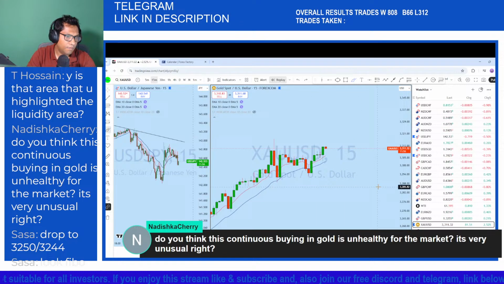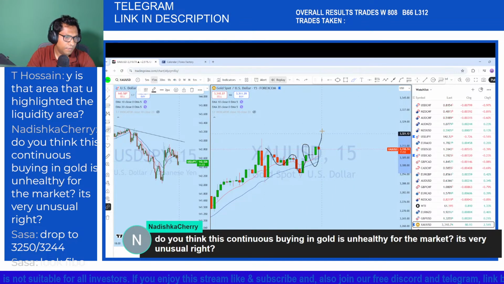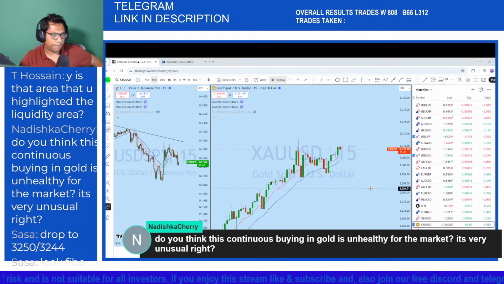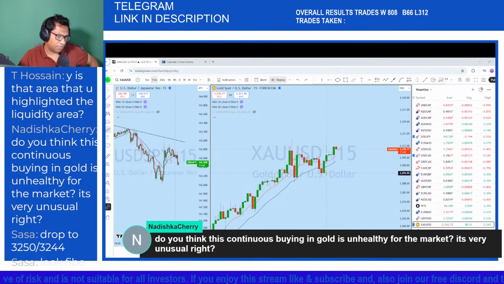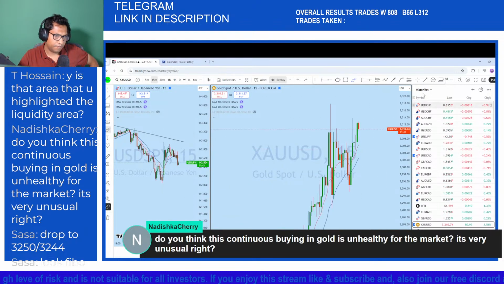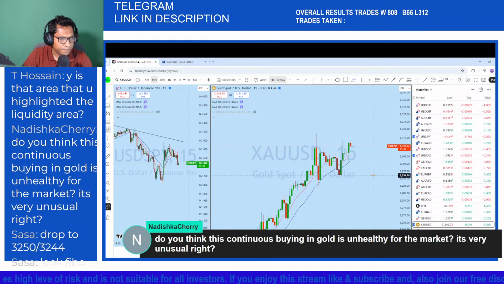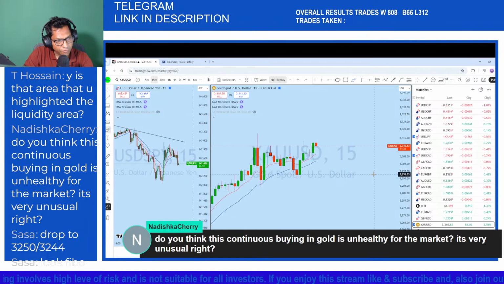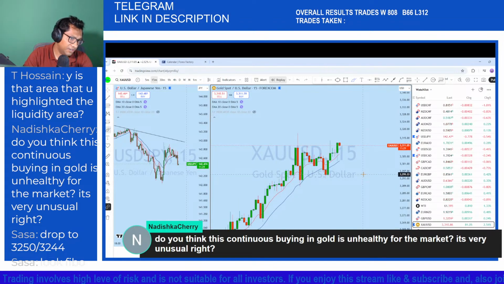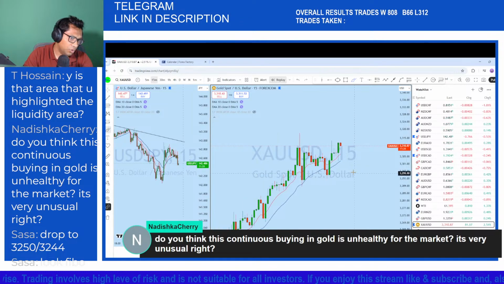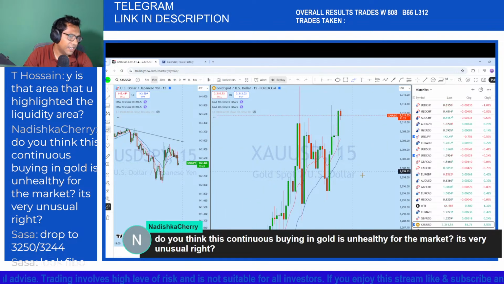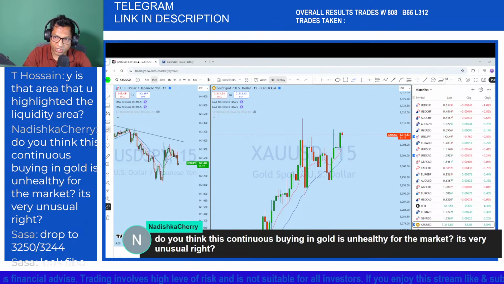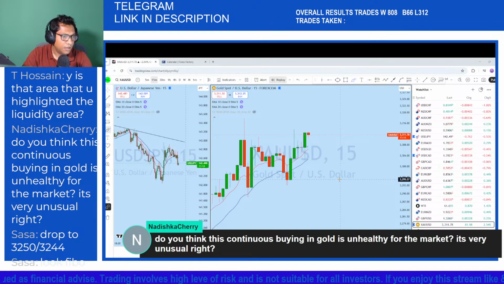and with that inverted head and shoulder, the market is for us to potentially find an entry here. It is in a bullish trend. This 15 minutes candlestick pattern is a bullish engulfer here, and in that bullish engulfer,